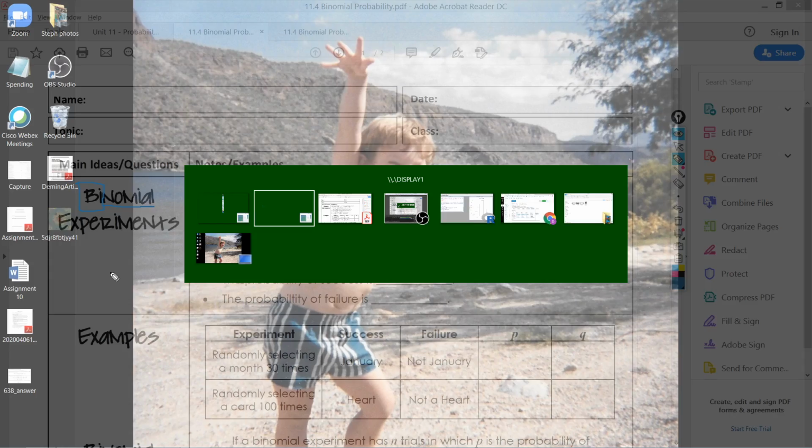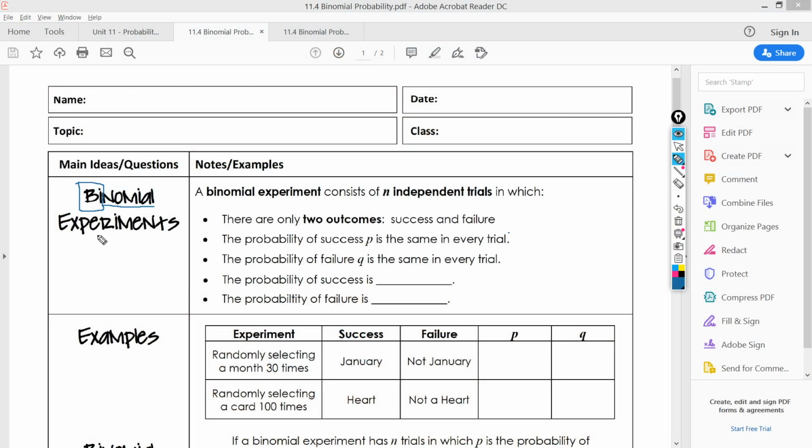One example of this is if you flip a coin. If you flip a coin, there are only two possibilities: it can either be heads or it can be tails. And you can represent the probability of the outcome of a coin with the binomial formula that we'll talk about